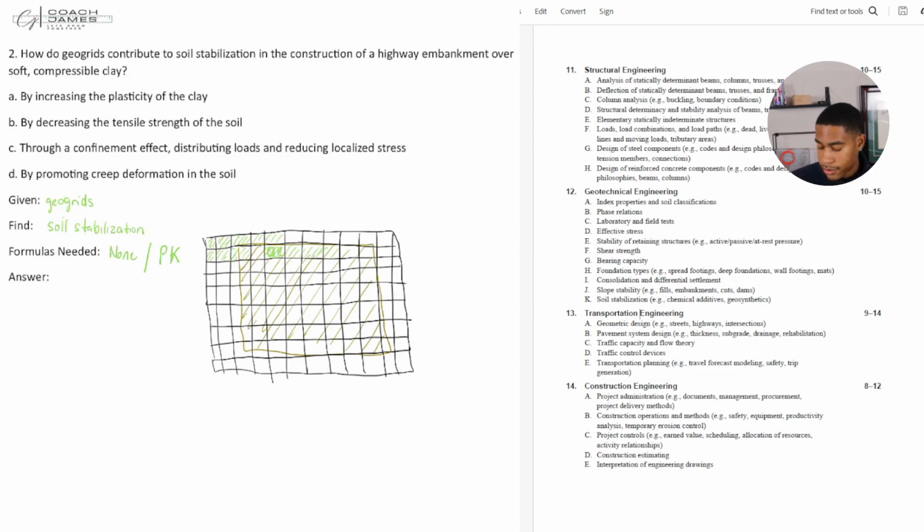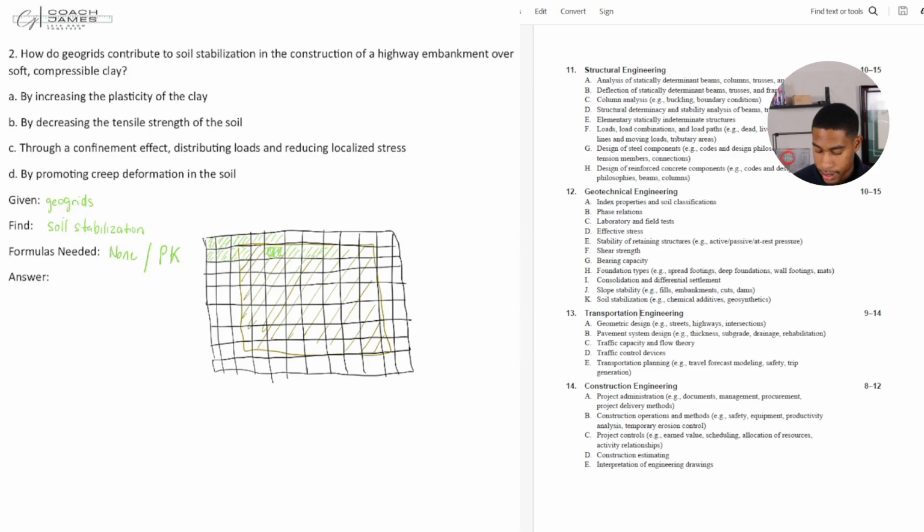So in these little grids, those pockets of soil can be a little bit more compact, strengthened. And so now when you lay a load on top of the soil after that, then its foundation should be a lot stronger. So based on this information, let's choose an answer. So how do geogrids contribute to soil stabilization